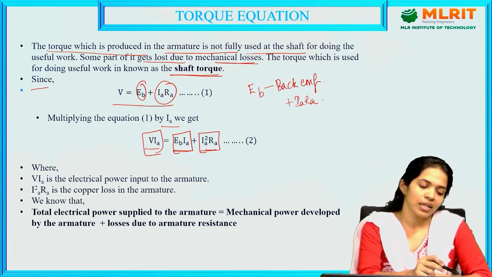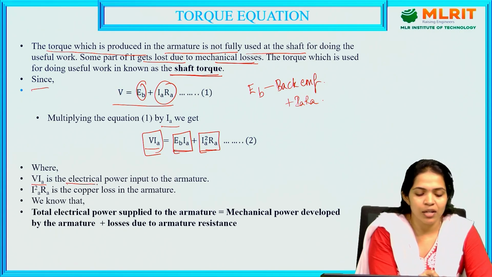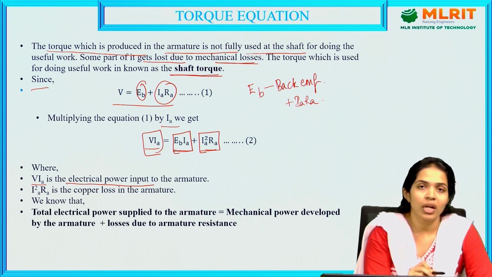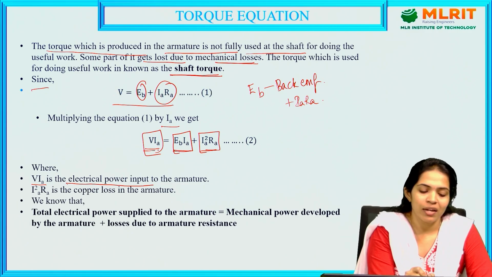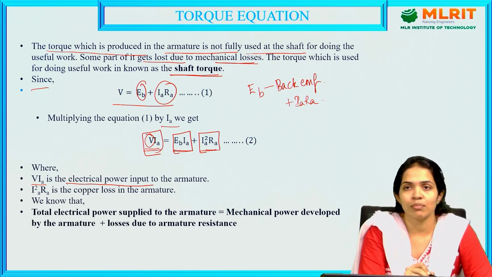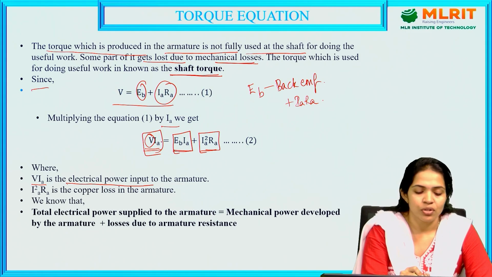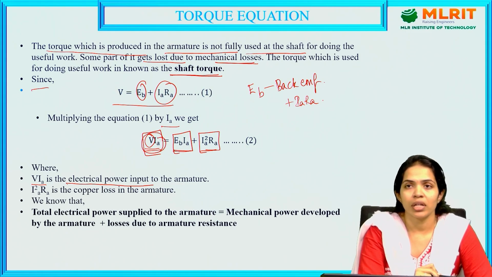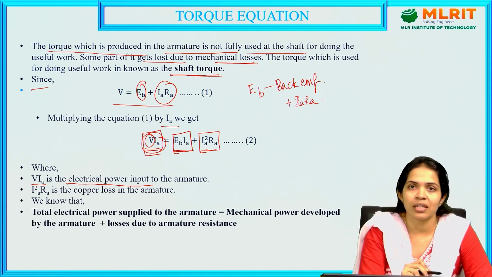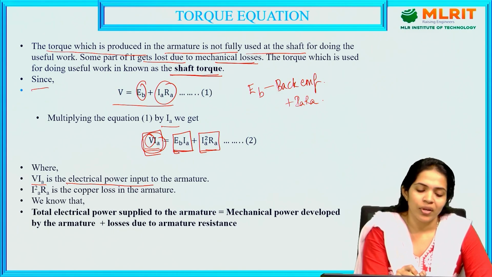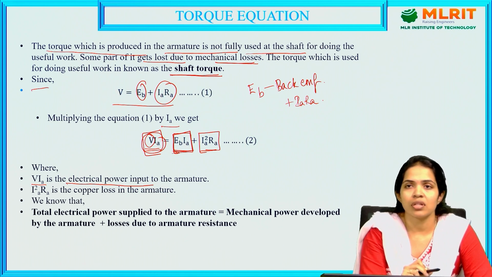So V into Ia is the electrical power input to the armature. We know that the input to the motor is the electrical input. V is the supply voltage and Ia is the current supplied to the armature. Together, the product of the supplied voltage and the armature current is called the electrical input, and Eb into Ia: we know that the back EMF is generated in the rotor of the motor. When it is multiplied by Ia, we get the mechanical power developed in the motor,